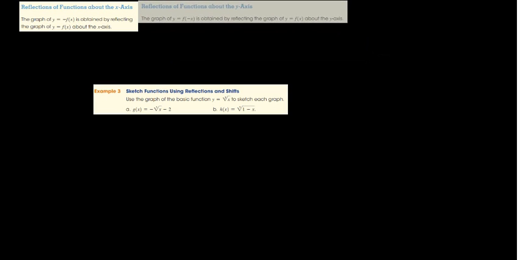Okay, so again, reflection about the x-axis. What we're going to do is take the negative of the parent function, and then if we take the negative of the parent function, then we